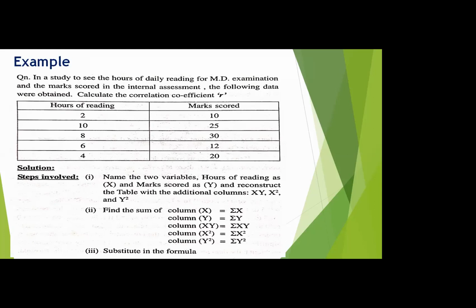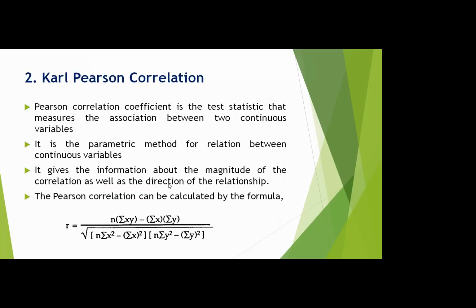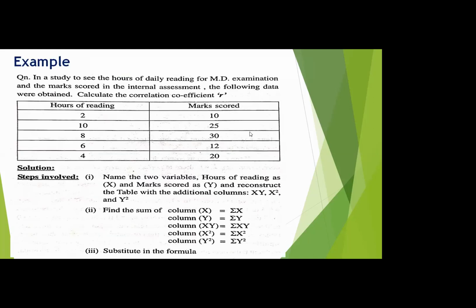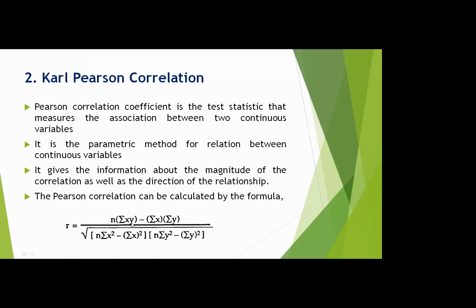For that, how do we do that is, here both are continuous, and we are choosing the method Karl-Pearson correlation. So in that formula, we can see that here we got the values x and y, right? So for the analysis, we need sigma xy. Sigma means summation. So we need to multiply x and y and take the sum of xy, and sum of x, sum of y, and sum of x square, sum of x the whole square, and sum of y square and sum of y the whole square. So these all values we have to obtain.